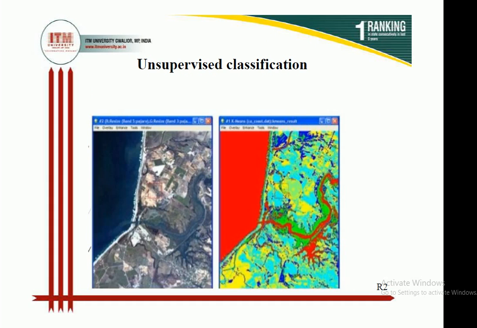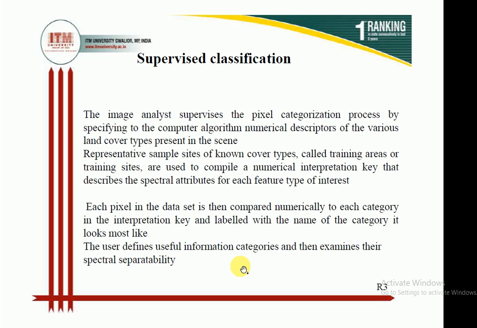In this, what happens? There are certain reflections, certain reflectance or spectral variation from different land features. So in the unsupervised classification, the spectral variations are grouped in ones. Means ones showing similar type of variation are grouped in one, and it is assumed that it may be water, it may be green vegetation, like that. But the authenticity of this result is not clear.